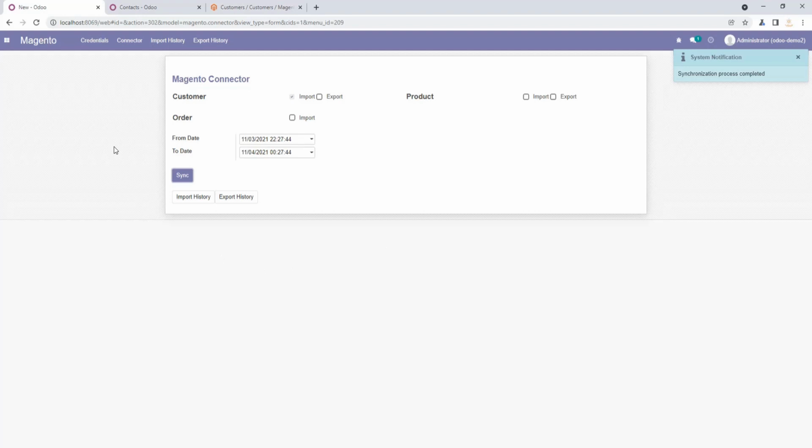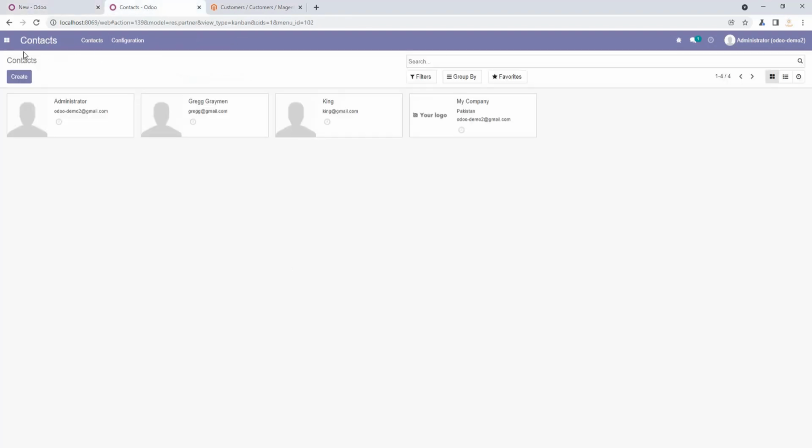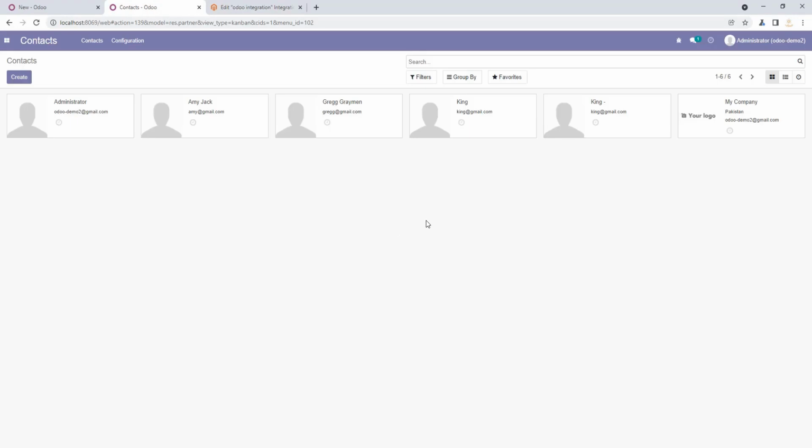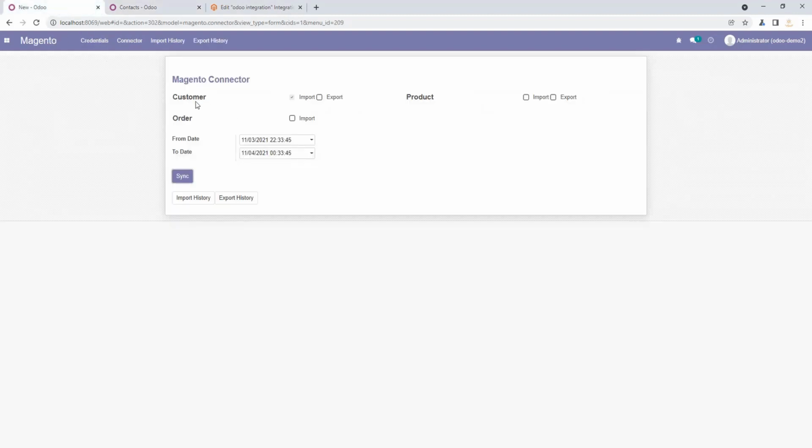The process is completed successfully, and I am going to check in contacts whether the customer is added or not. The page is already loaded and you can see the customer is added successfully. So as you can see, both operations, import and export of customer, work perfectly.